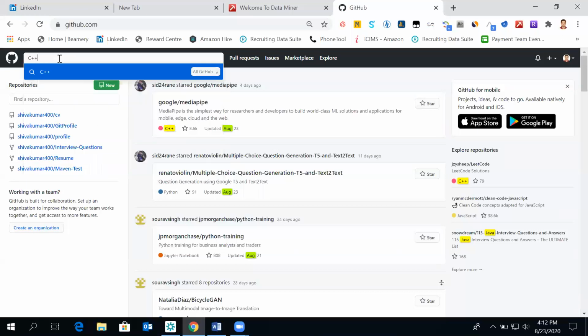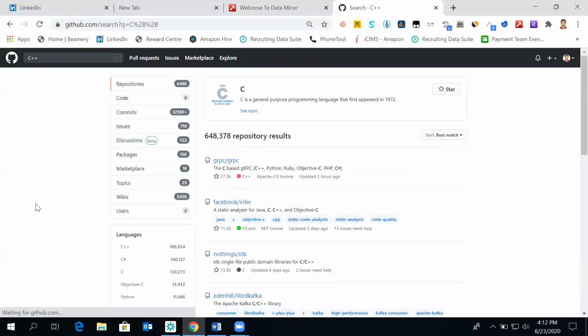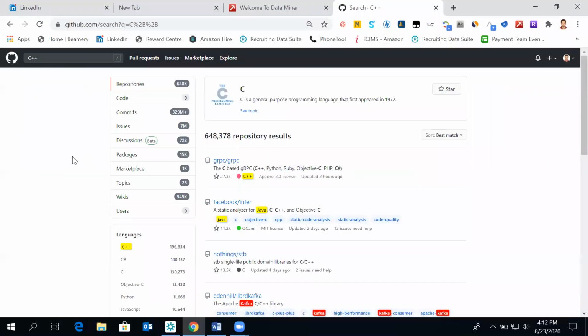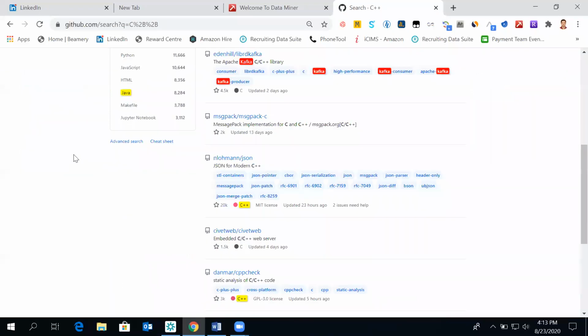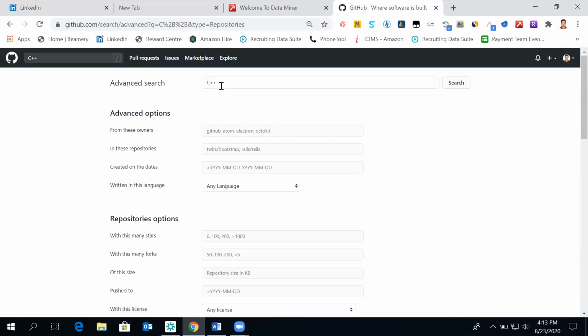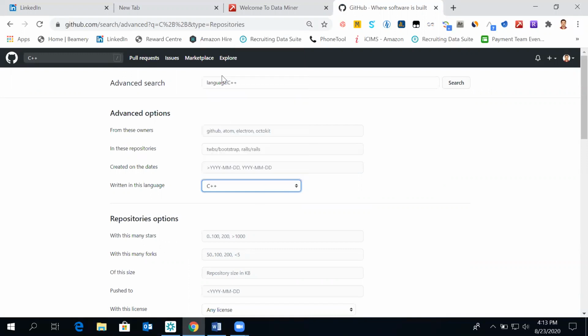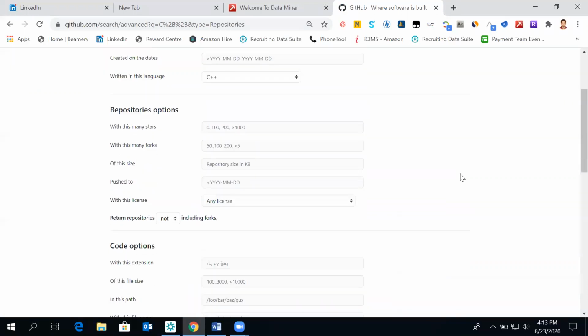So let me search for C++. As we mentioned in our earlier session, direct search in GitHub is where we just search for either of the skills over here. Then we would go for advanced search. Just remove the search. I'll say written in C++.